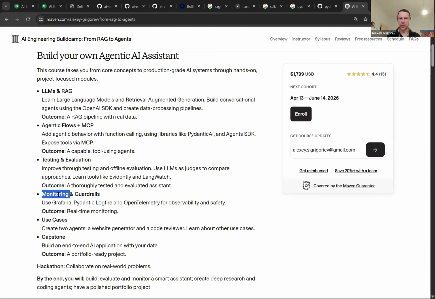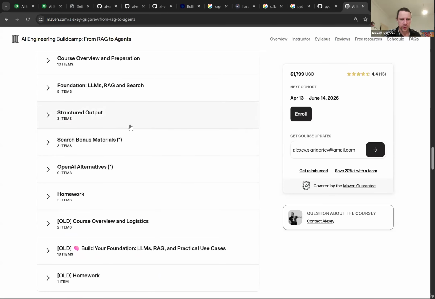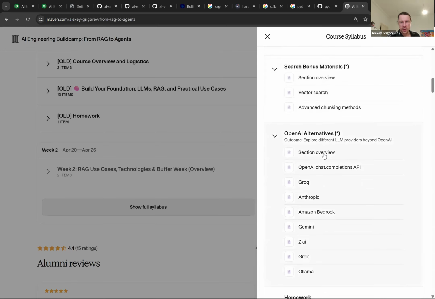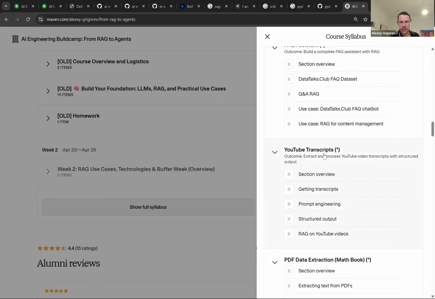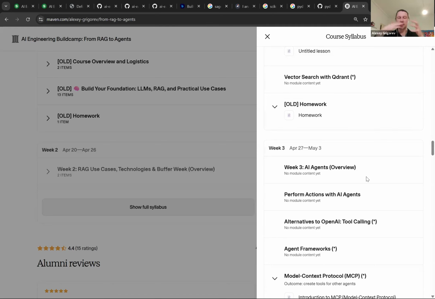And it's not really possible to cover everything, right? So I need to think, okay, what can I include? Because this course is already pretty large. There is so much content that I have to make many modules optional. If we look here, you see these stars, these are optional things, like these projects, because it's not possible. I just want to focus on AI engineering, and it's not possible to cram everything into one single course.